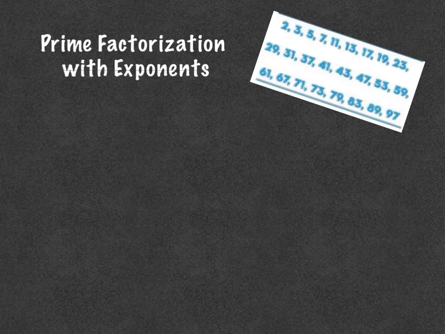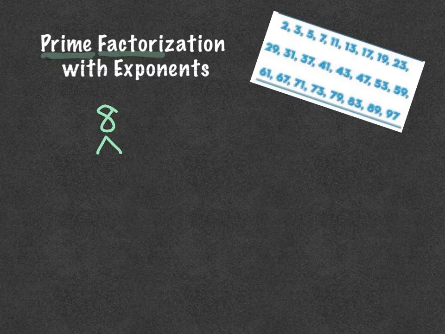Okay, guys, today we're going to talk about prime factorization with exponents. So we are going to use our knowledge of factor trees and our knowledge of prime numbers. So prime numbers and factor trees. If you remember from factor trees that we talked about a couple of videos ago, when you have a number, for example, we'll start with 8 again. So if I split out 8 and think about what factor pairs go into 8, I have 2 times 4,